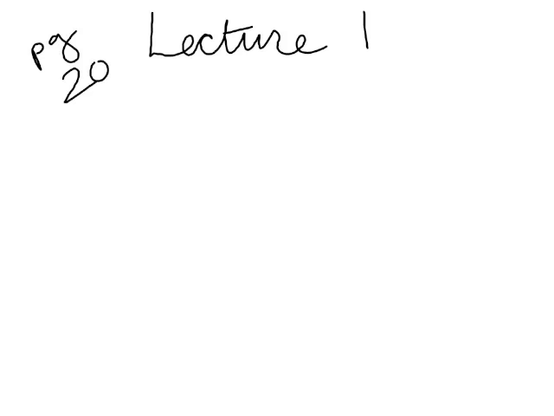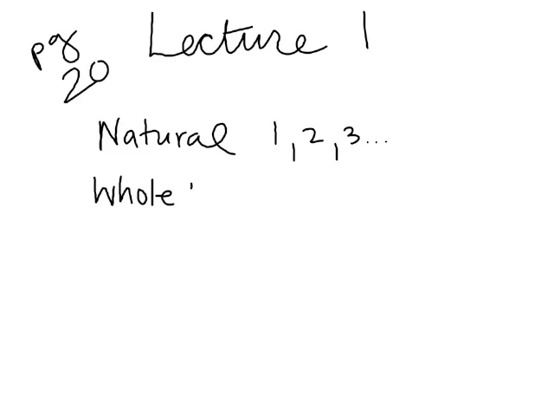We're going to talk about the different number families. Our first family is called natural numbers. Natural numbers are whole numbers starting with 1. So everything above 1, natural numbers. Our second number family is whole numbers. Those include all of the natural numbers, but in addition we add the 0. So 0,